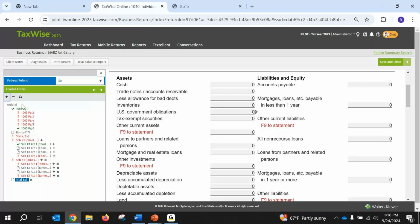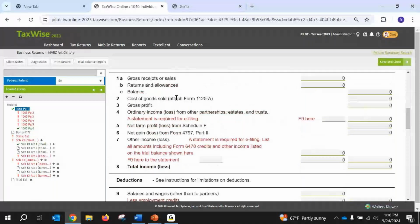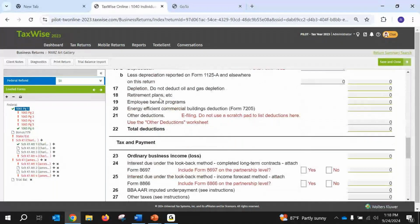And this color coding, I think, is pretty simple. We have green, we have red, and we have gray. Well, the two main categories are going to be green and red. As we go through, let's just look at the different pages of the 1065. We have 5 pages here. We can see that page 1 is in green. Pages 2, 3, 4, and 5, these are all in red. Page 6 also in green. And what this is telling us is that any critical bits of information have been input, for example, to page 1 of the 1065. And when we go back to this and scroll down, you'll notice that the income and deductions are blank. So just to be very clear, it's not necessarily making sure that you've input the data correctly,